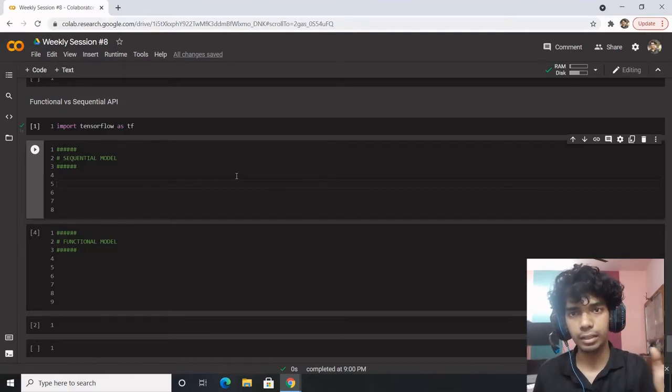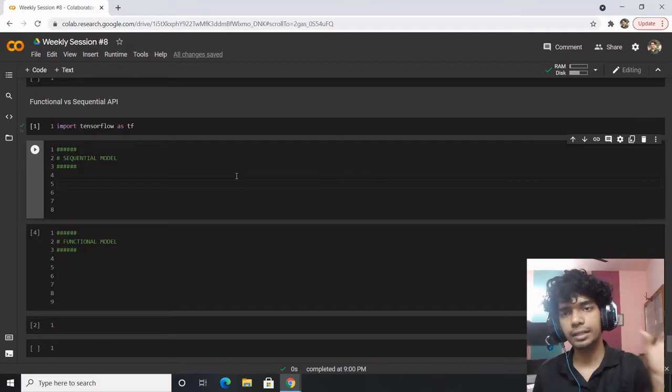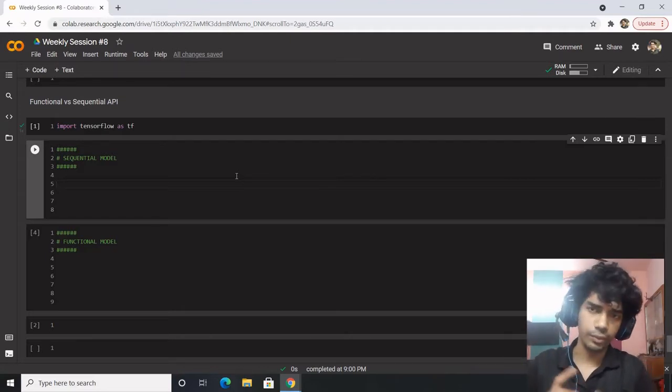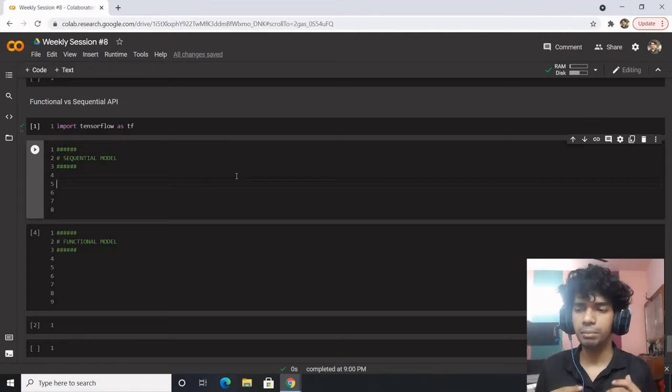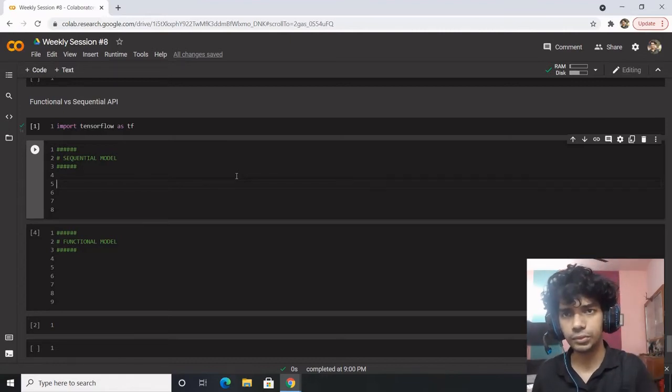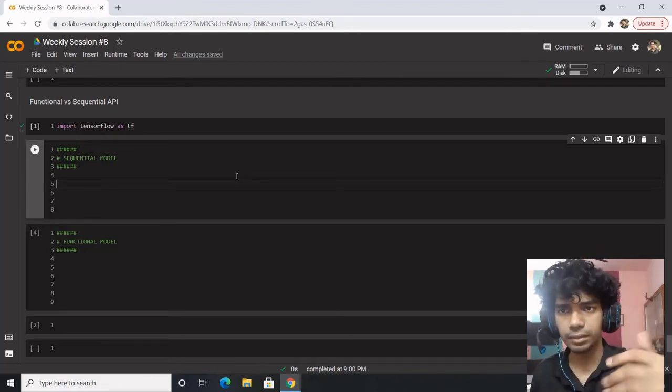Layer extraction is way better in the Functional API, and we'll observe how. You can extract a particular layer in the Sequential API as well, but the Functional API gives more flexibility. But being a beginner, I would always ask you to use the Sequential API. The Sequential API is better if you are a beginner.